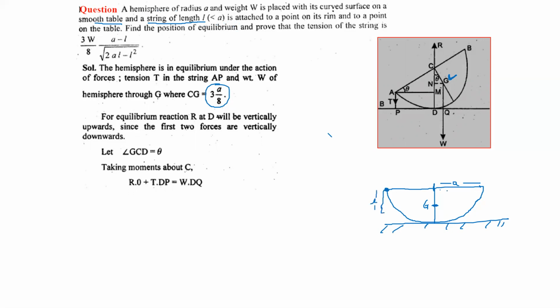So that's why this is the total radius A and its length L, this one, which is less than A, is attached to a point on the string. So the rim is attached, and to a point on the table. Now what we have done, the second end of the string, we stretched it, because this is obviously not an elastic string. So the natural length is its total length.